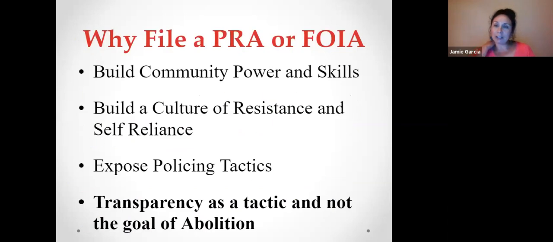So why file a PRA or a FOIA, right? I'm a community organizer. By trade, I'm a nurse. Everything I learned about community organizing, about law enforcement, about why I've chosen to fight against law enforcement has been because of the organizing I do on the ground, the books within my community that we've read, my own personal experiences in my life,